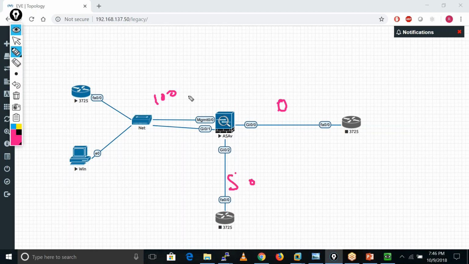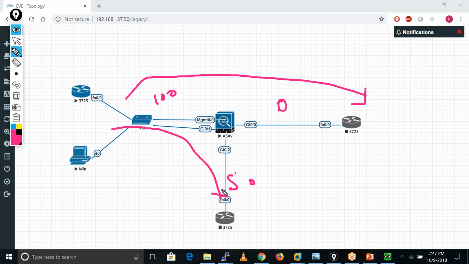Now what happens with this security zone setup? All traffic initiated from inside users towards the internet is allowed by default, meaning traffic from a high security level to a low security level is allowed by default. Also, inside to DMZ traffic is allowed by default. Any traffic generated from outside towards the inside users is denied by default, meaning we are not allowing traffic from a lower security zone to a higher one.